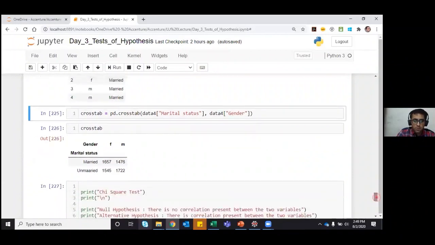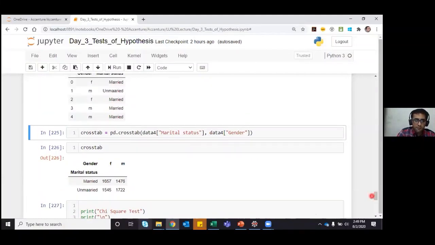We first go for crosstab. So what does crosstab do? Crosstab is a function from the Pandas library, and it will just give me the count of the data that lie in each category.